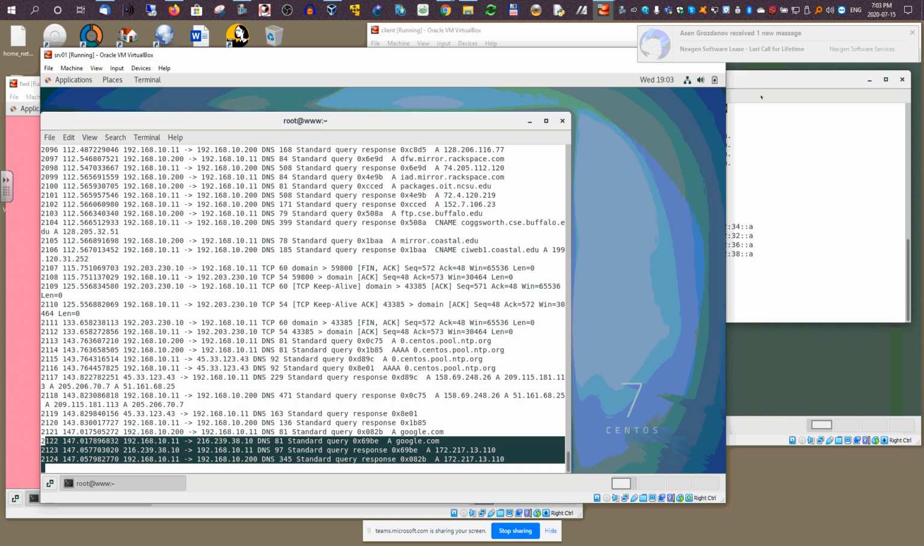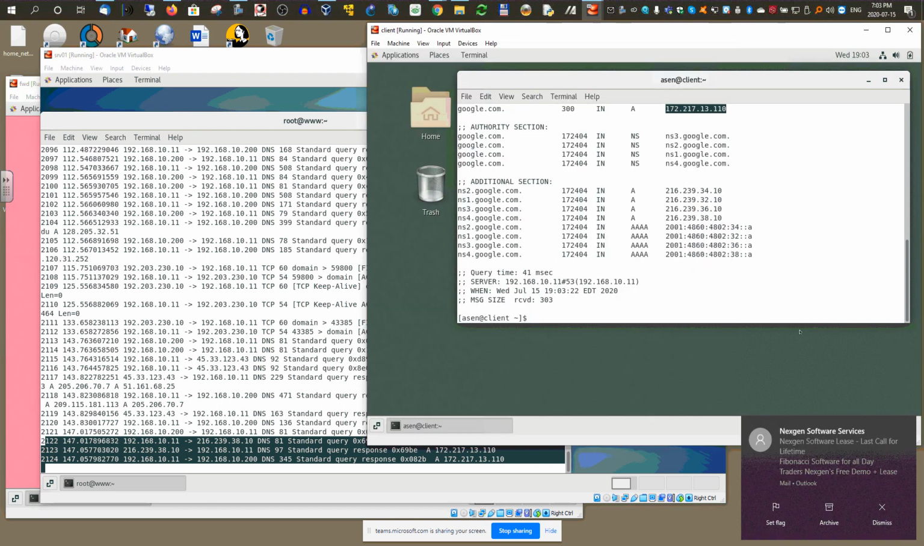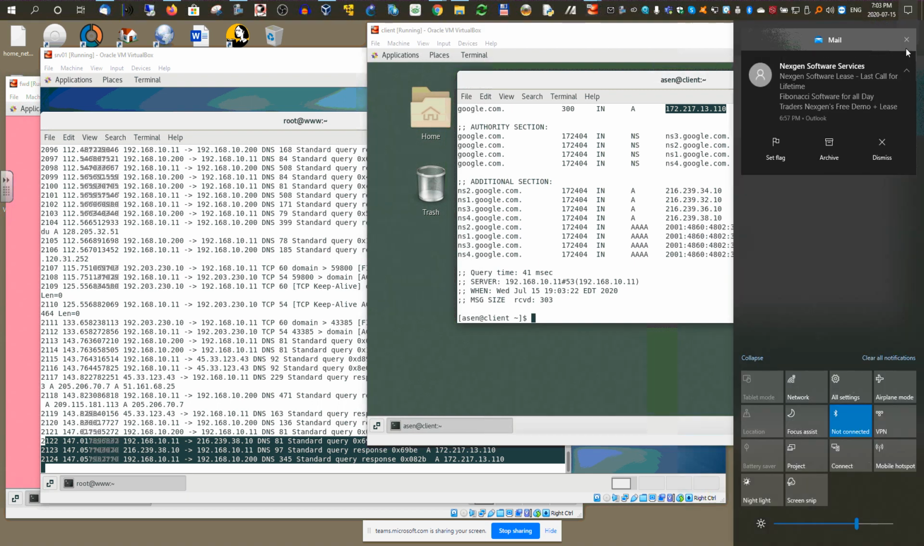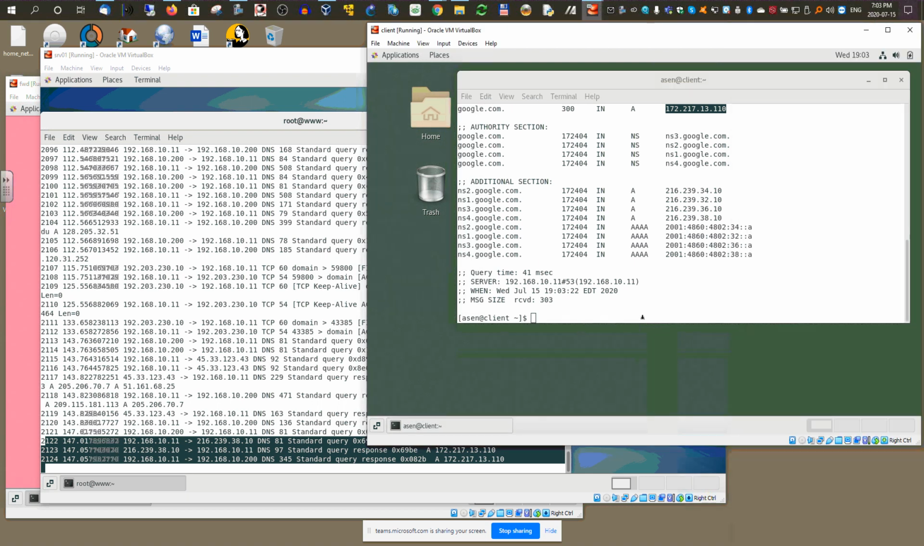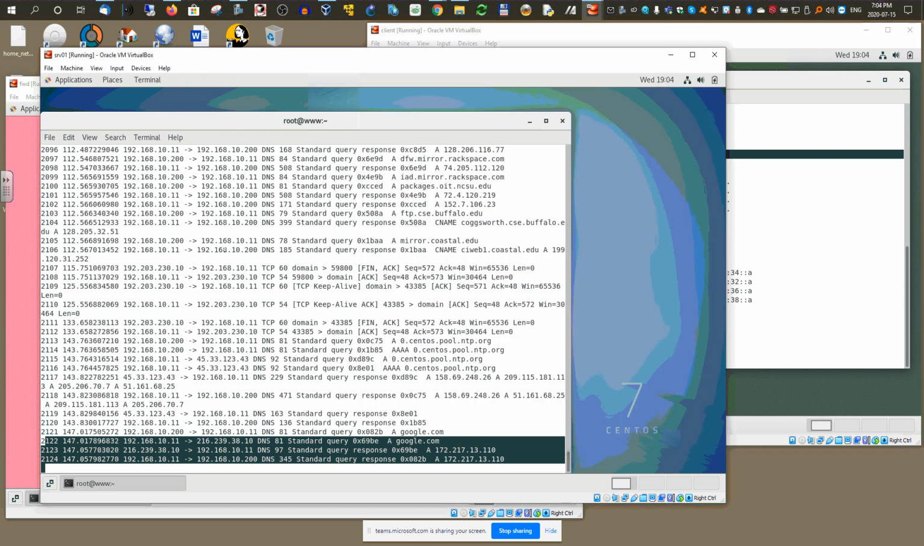Okay, so basically here it is. It shows that my DNS server is 192.168.10.11, this guy on the left side, server 01, and because of this server, it knows that the IP address of google.com is this one. And the tshark actually shows us that exactly that's what happened. Okay, so that would be